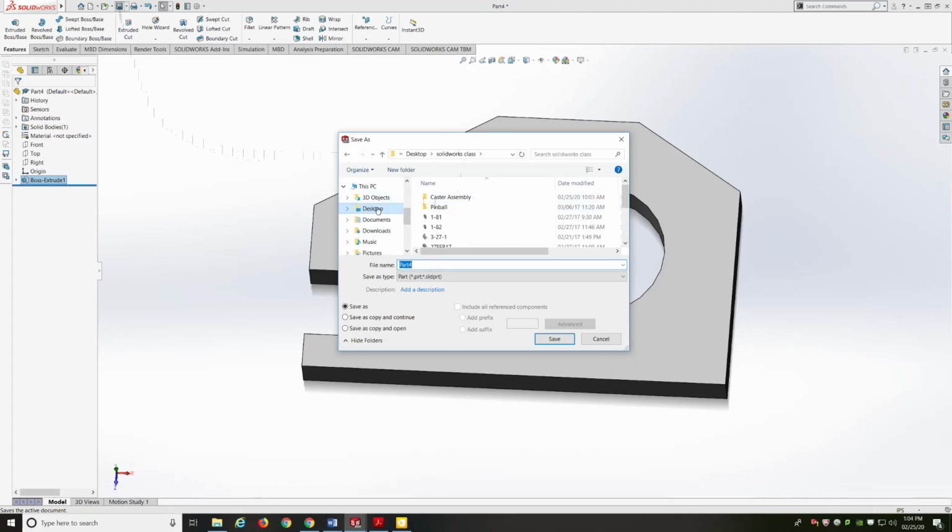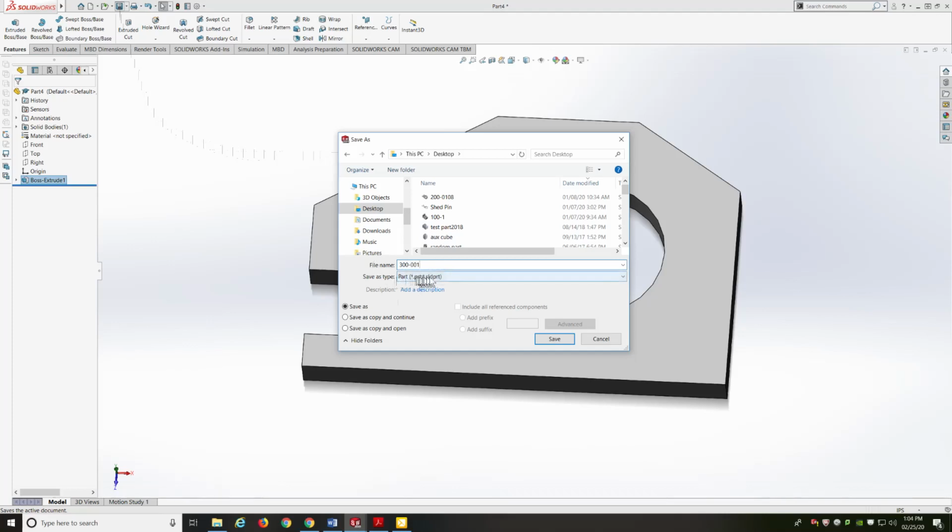I'm just going to quickly go to my desktop, and the file name right now is part 4. Okay, and this is where you would typically place your part number. So for instance, part 100-57243. Okay, so I'm just going to keep this as part 300-001,